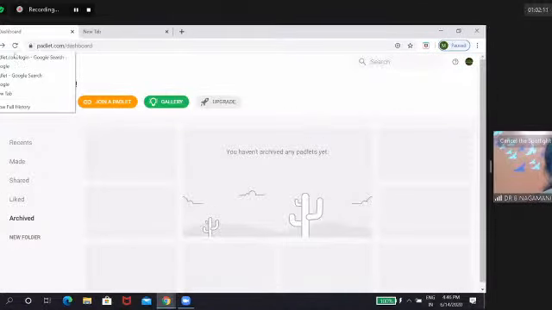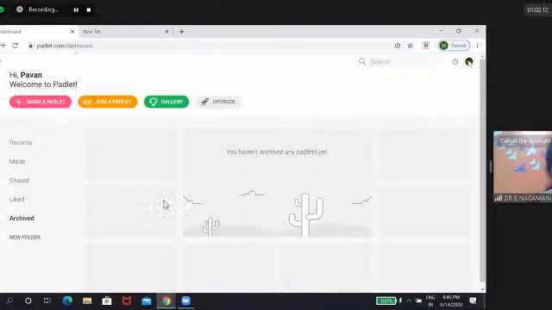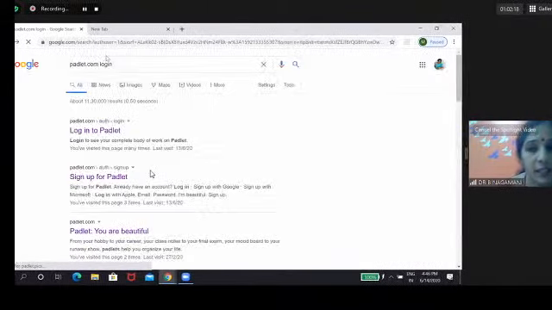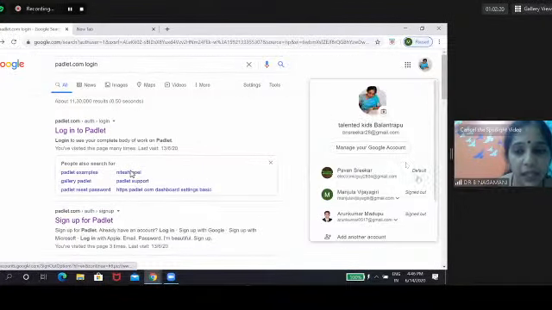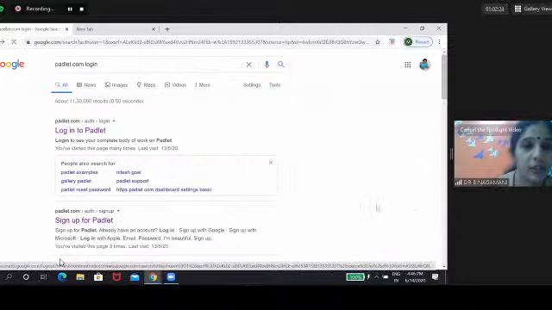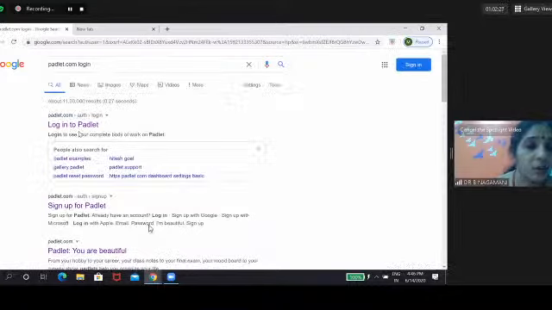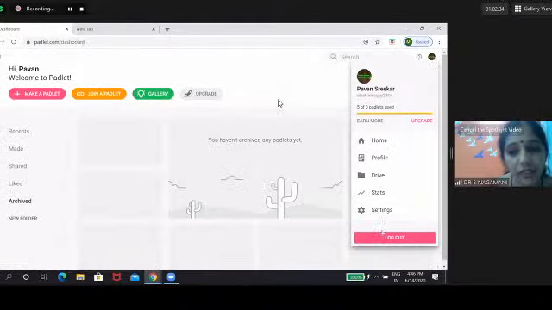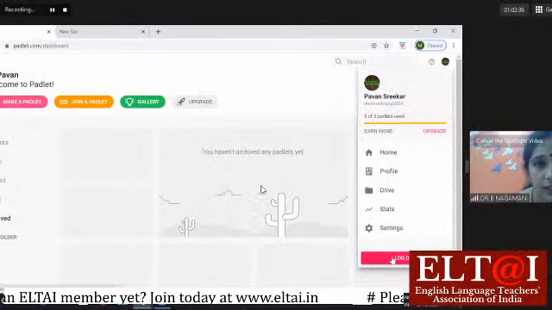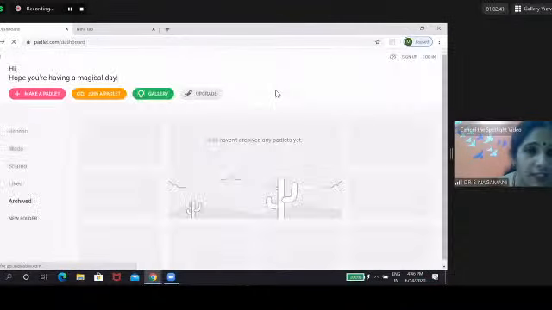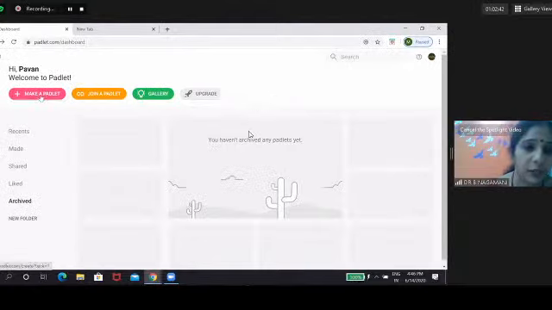I'm trying to make you realize that we need to be careful when we start using a Padlet. This is the problem that most people encounter, because when they try to open a Padlet and log in, they try to do it with as many accounts as possible. So once the limit is exceeded, you cannot go with any of the Padlet options. So this is a trial that I would like to make you all understand, how you need to be careful when you try to make a Padlet.